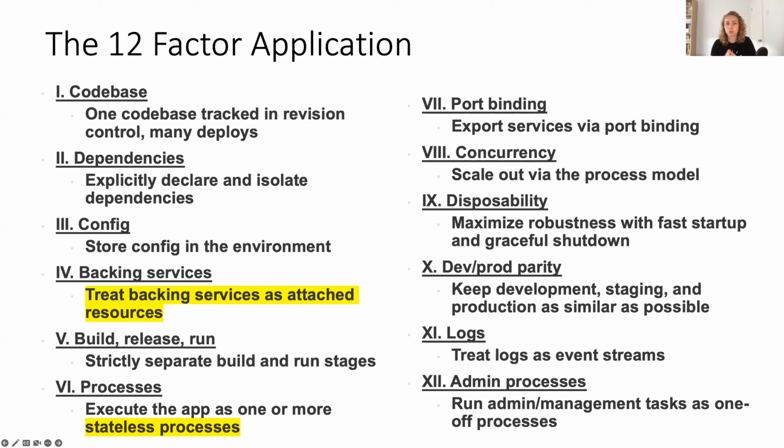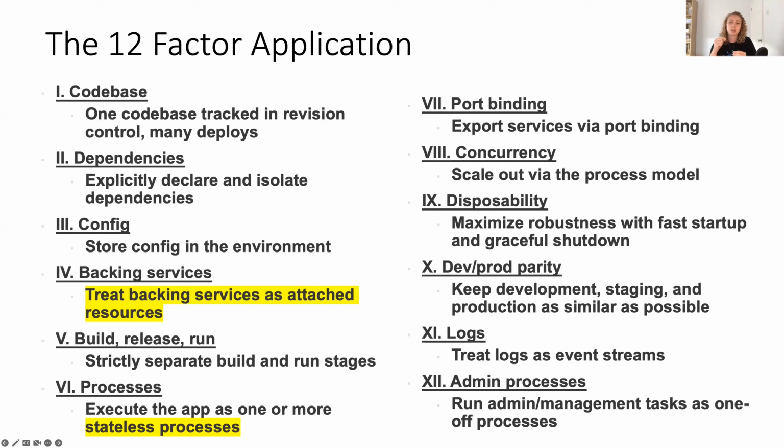A very common one that's utilized is the 12-factor application methodology. If you've not come across it before, check out 12factor.net, and that will go through each of these factors in more detail. Or if you head on over to IBM Developer, I've got an article there that goes through each of the 12 factors. You can check that out too. It goes all the way from starting right from scratch, like how do you have your code base? What about dependencies? What do we need to think about? All the way through to, okay, once we're running in production, how do we monitor it? How are we going to be looking at things like logs, parity between environments?